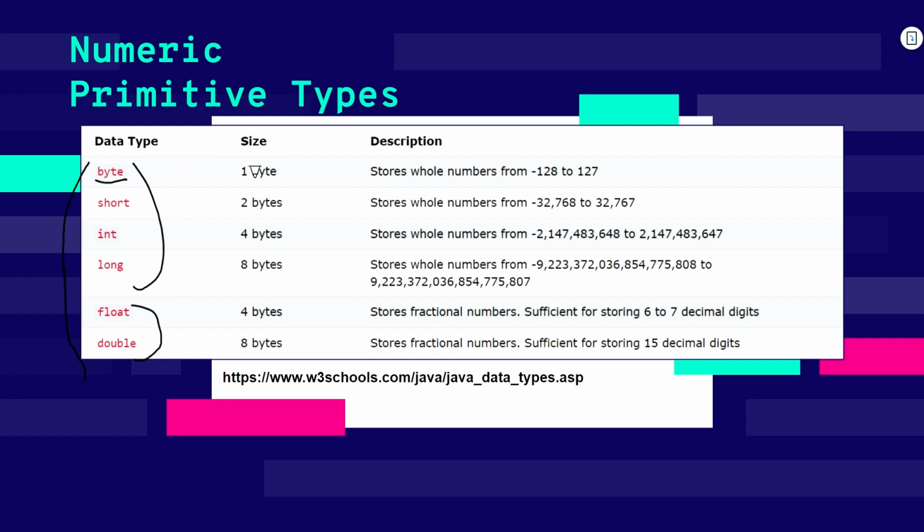Byte has a size of 1 byte. So it stores whole numbers ranging from -128 to 127. These are quite small numbers. So if you want to store the number 10,000, for instance, byte will be too small for that number. So we're going to look at the next primitive type, which is the short primitive type,